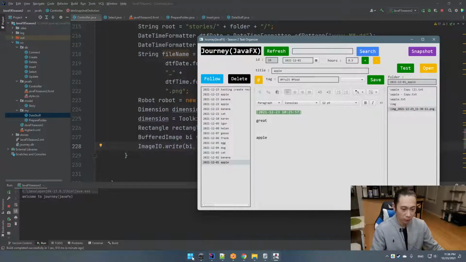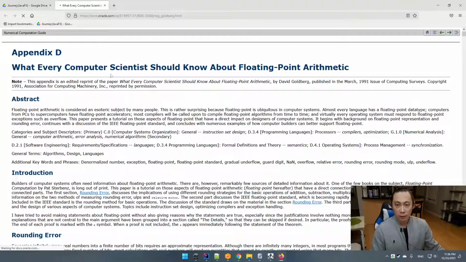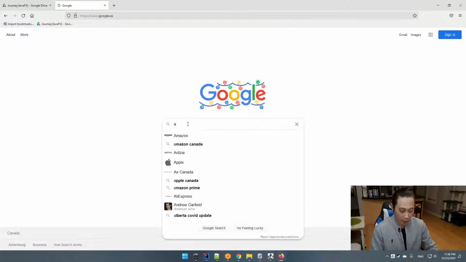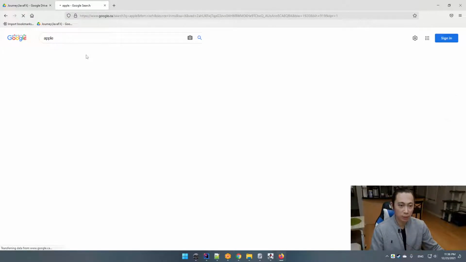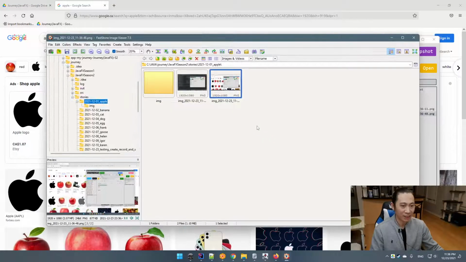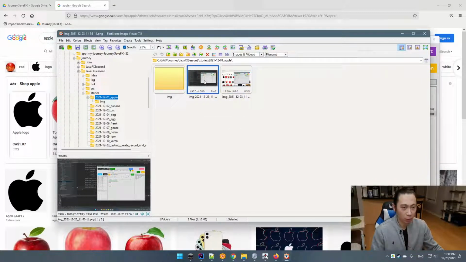How about we open a web page, right? Okay, that's the article. Let's go to this, search for an apple and some images. It's cool. And then let's take a screenshot. Do a refresh. Yep, this is the new image. Let me open it. Wow, it works. So this is my image viewer. So we already took like two